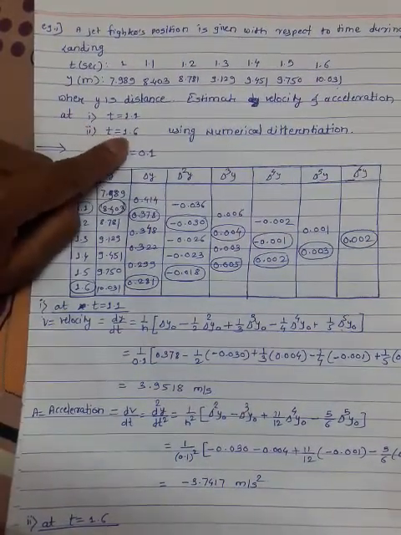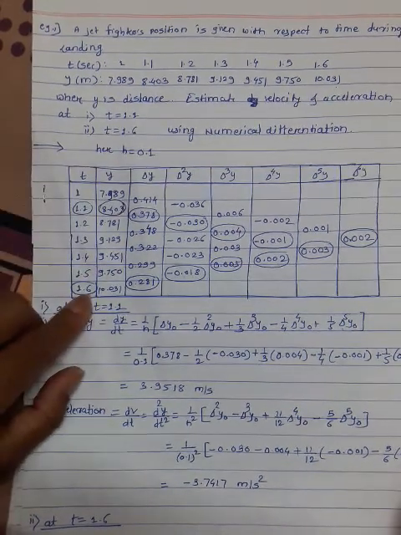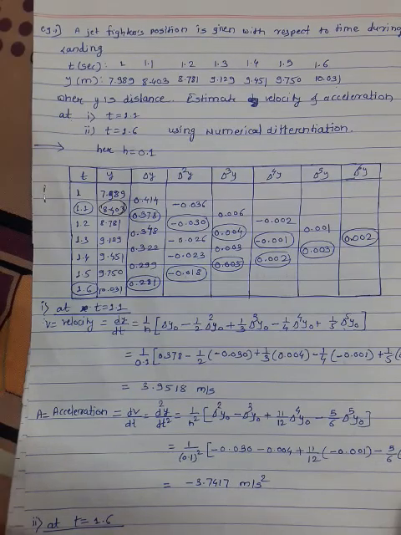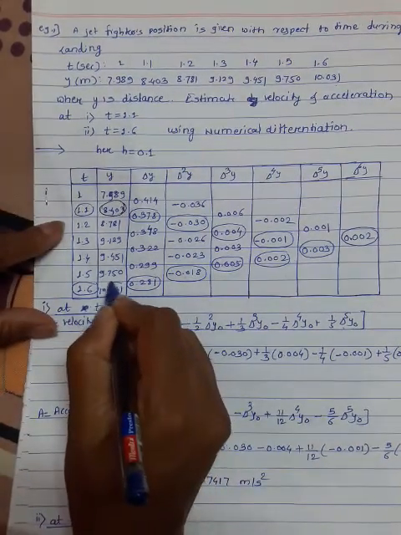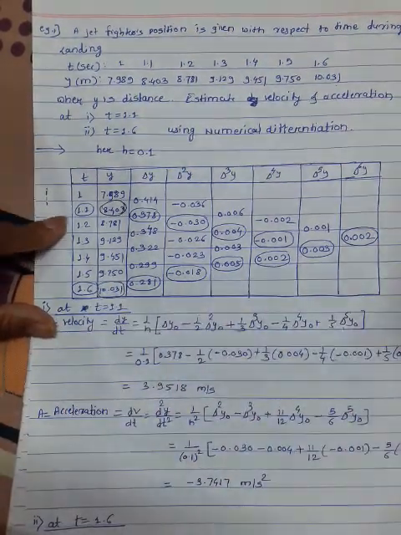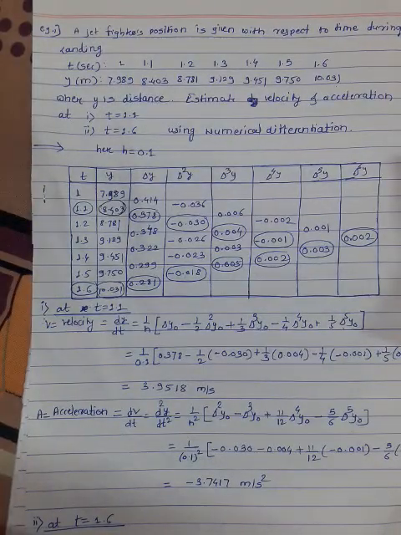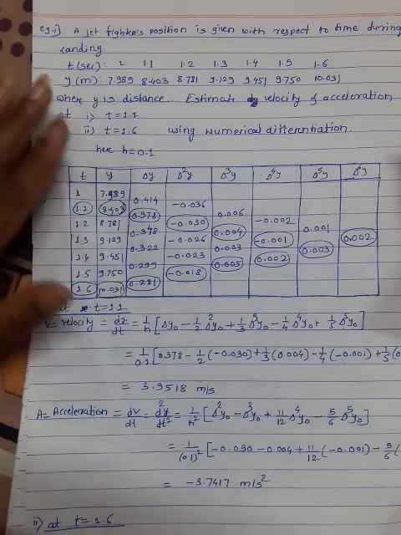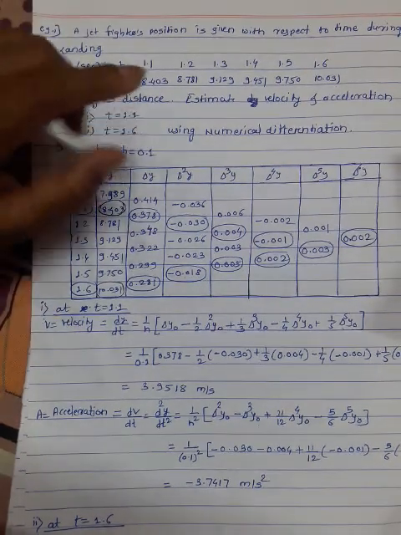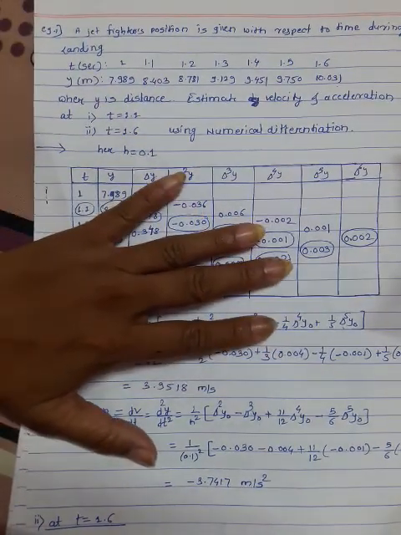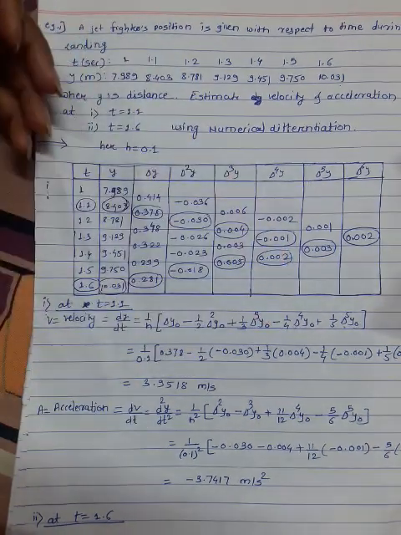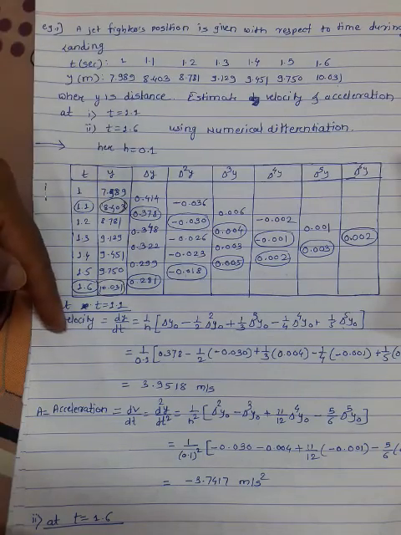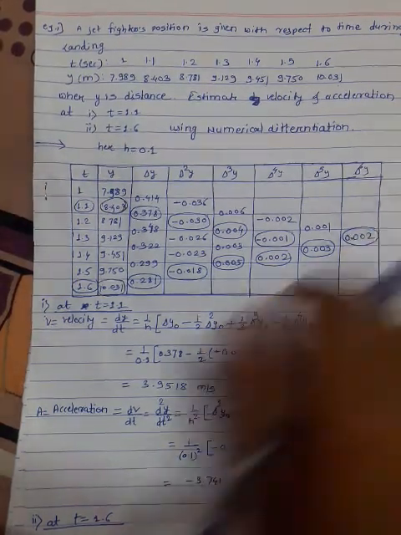Now we have to take 1.6. The second formula for 1.6 is, since it is at the end of the table, that's why we have to use the Newton backward difference formula. Now go on, circle the values. See, in the exam they will ask for only 1.1 or 1.6. They are not going to ask both examples at a time. In the practice example itself, for our practice, we take all the upper and lower table values. Okay, that's why.